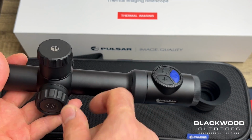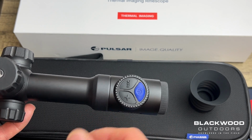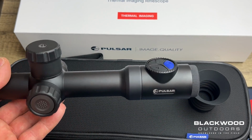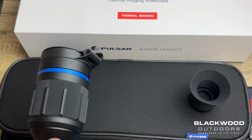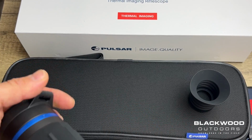So back of the scope, you've got digital magnification here. One press will magnify the full image, and keep pressing it will magnify up. This XG50 sensor, the 640 sensor, is really good for long range. It's a 2,300 meter detection range, and I've compared this against other 50mm focal length systems at equal pixel count, because this is 12 micron 640 with a 50mm, so equivalent to like Thunder,